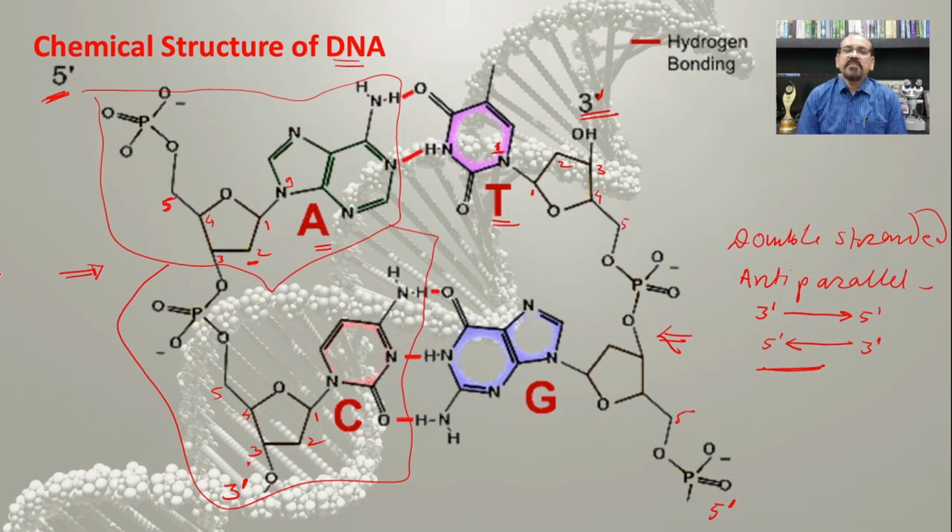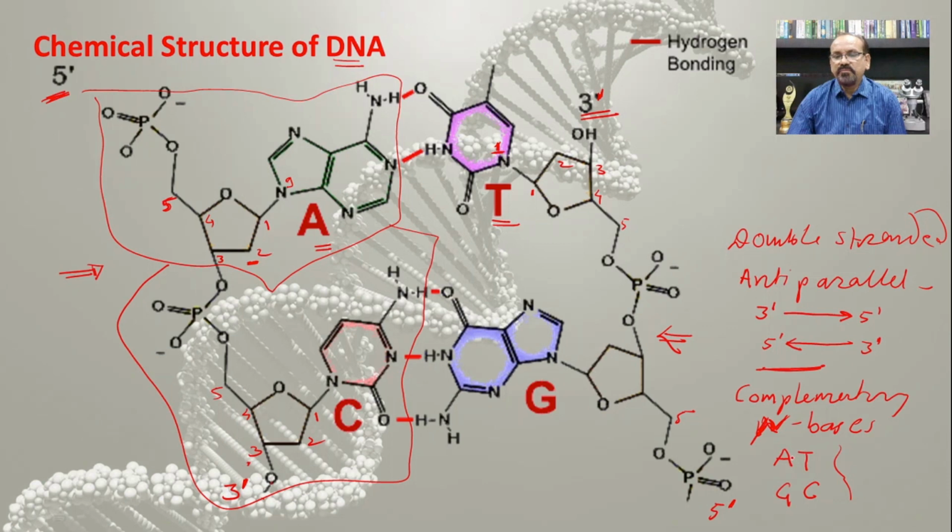In this way there will be the formation of two strands which are antiparallel to each other, and both these strands are joined with each other by means of complementary nitrogen bases. So what are these complementary nitrogen bases? Simply you can remember at Gandhi Chowk. If you remember this, at Gandhi Chowk, then it becomes easy to remember the complementary nitrogen bases.